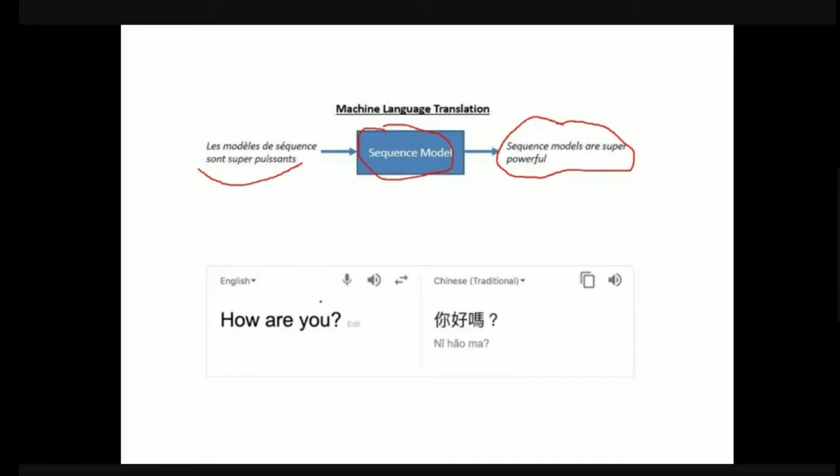On the bottom, in another example, Google Translate, we have given how are you in English and we wanted to translate this into Chinese. Of course, we don't know what these characters mean, but this is the translation of how are you in Chinese. On the bottom we also have how we can call that in English, that is ni hao ma. So from now onwards, if you want to say how are you in Chinese, you can say ni hao ma. It would be a fun thing for us.